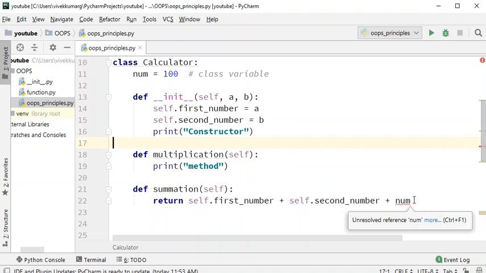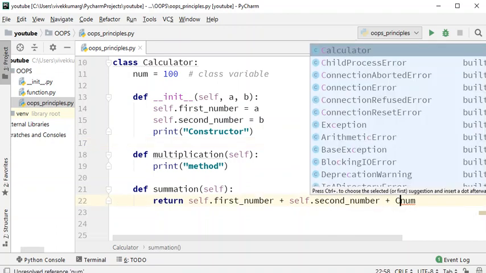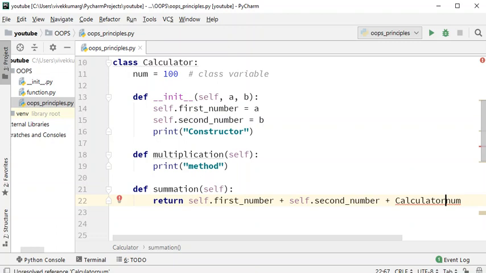First rule. As it is a class variable, you can either call it by its class name, calculator dot, like this, or you can call it with self. Now why self?